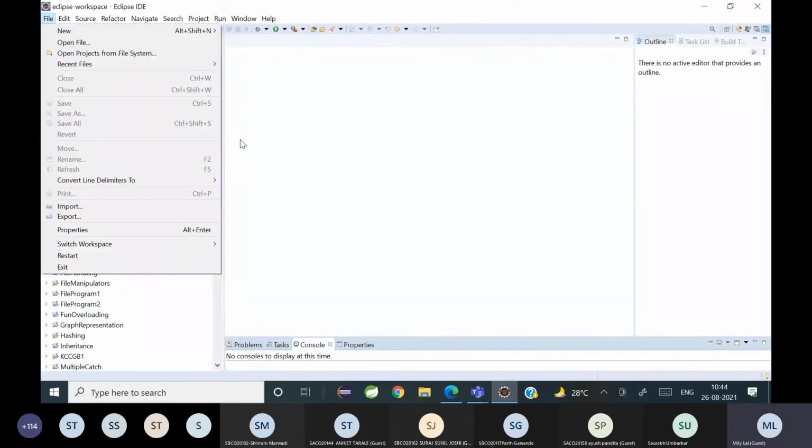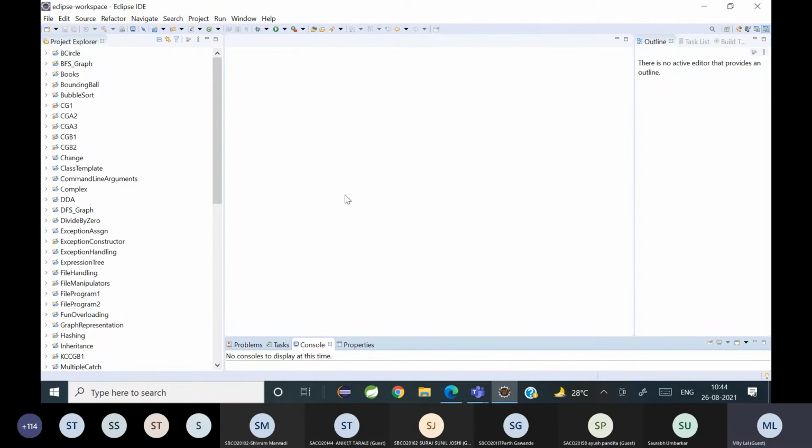Fine, I'll just create it. As you can see, this is my Eclipse window. I'm not forcing anybody to use Eclipse, but I will encourage you to use it, because when practicals start, computer graphics is also there along with practicals.